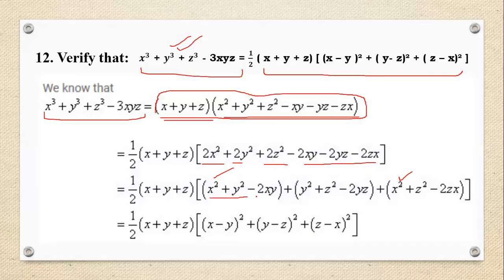So we have the first identity involved here, x minus y whole square, then again the identity involved y minus z, and then z minus x, and then we factorized all the three brackets. So we have got the RHS value after factorization. This is the RHS side of the question that we were supposed to get. So we started from the LHS side and we have reached the RHS side, and this is the verification. You can solve either the RHS or the LHS of your question to get the other side. So you can start from any side of the given question.